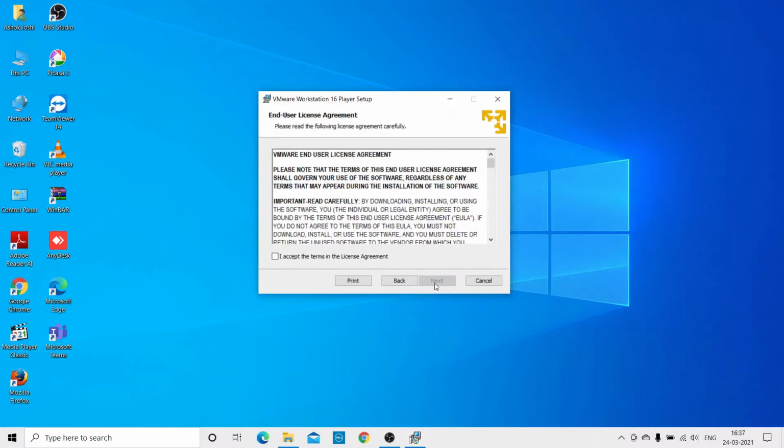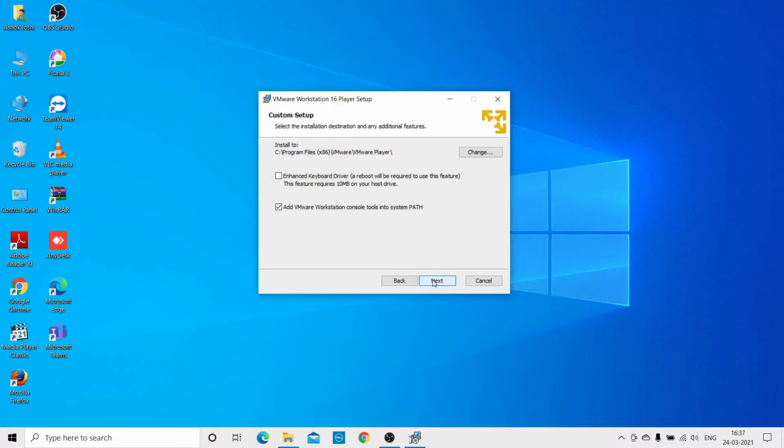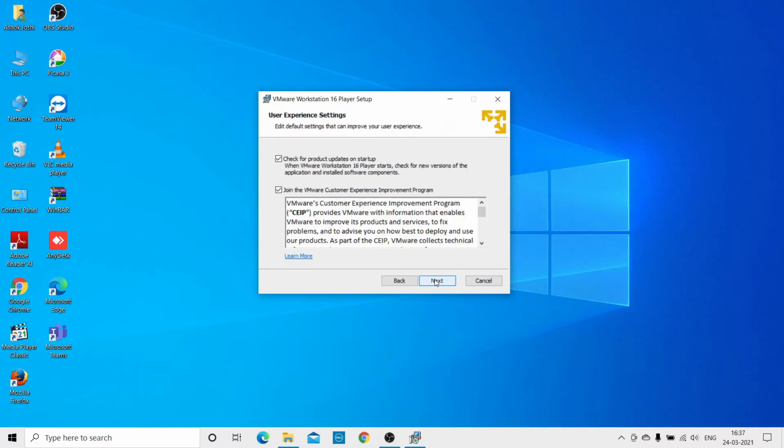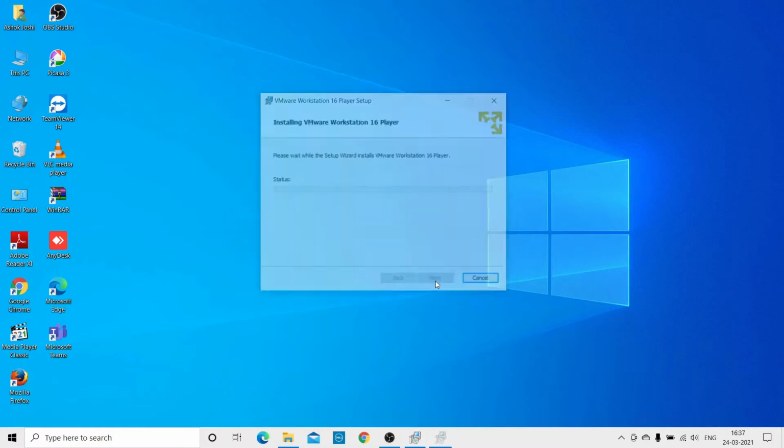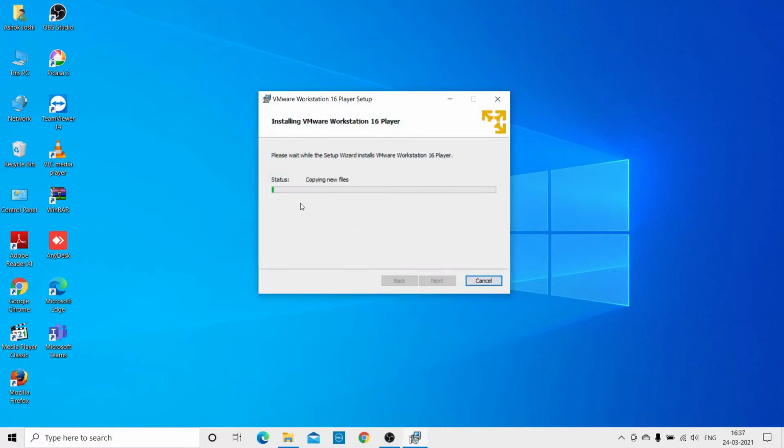Now here just click next. Click on I accept the terms in the license agreement. Click next. After this, just click next, and no problem with it. I will just click next and I will try to install it. And this will start installing VMware Workstation Player. Okay, so now as you can see, we are getting this kind of desktop icon of VMware Player, and till the time it gets installed, let us just